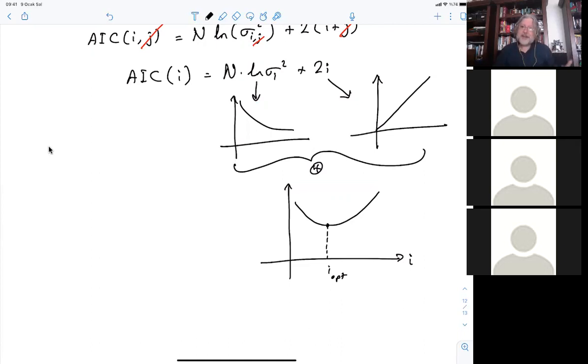And very interestingly, it also has its own recursion. You don't have to plot these and overlay and see where the minimum is. While you are doing the Levinson recursion, you can also iterate the Akaike information criteria by evaluating the previous Akaike information criteria from the previous stage, starting from 1, for example. Let's call it I minus 1, the previous, plus n times ln